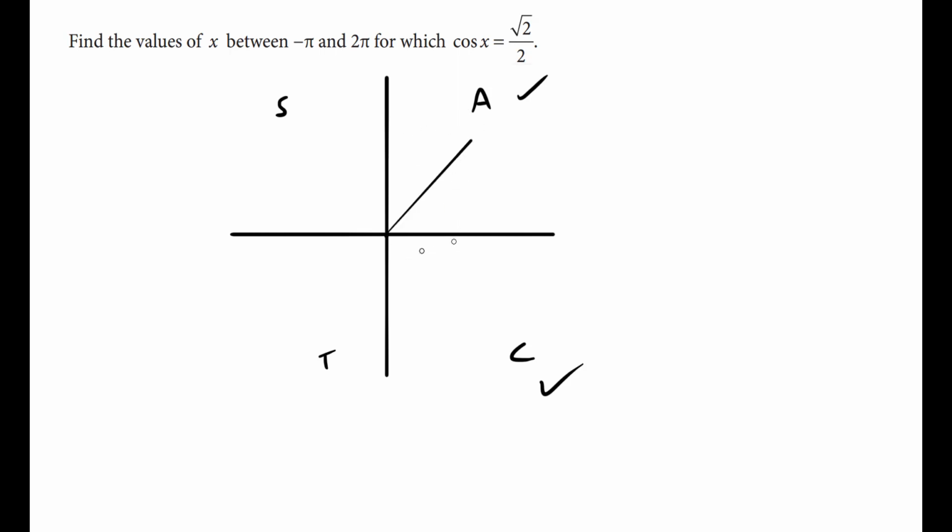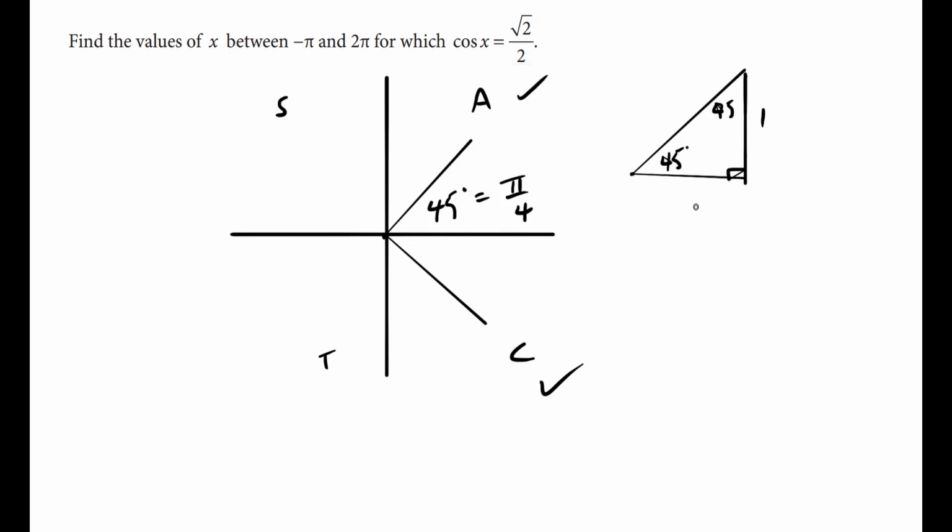And we memorize that the special angle we're dealing with is 45 degrees, which is the same thing as pi over 4 radians. Now, how do we know that? Hopefully we memorized it quickly, but this right triangle here, we're dealing with 45 degrees, and we have the 1, 1, root 2 triangle, and we know that cosine of the angle, cosine of 45,